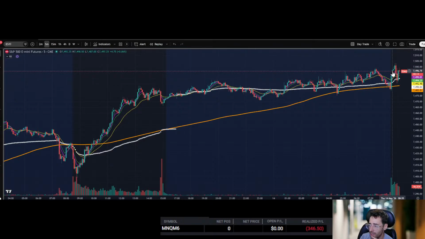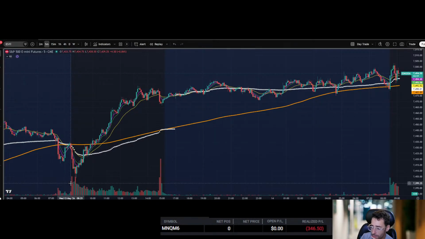I even said, okay, they're gonna grab liquidity, have everyone go long, and then they're gonna smash it down, and that's what they did. It was just because yesterday I remembered that we bounced right off 7,400. I don't want to miss it. So I got in early.